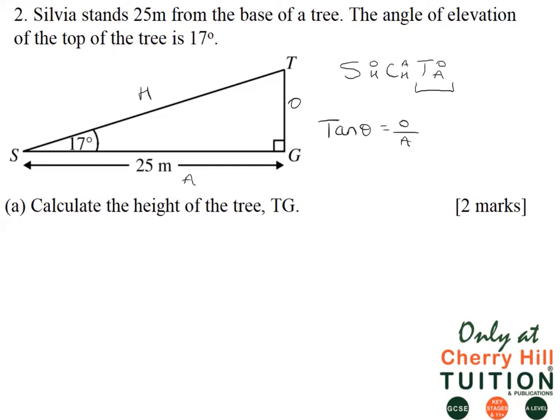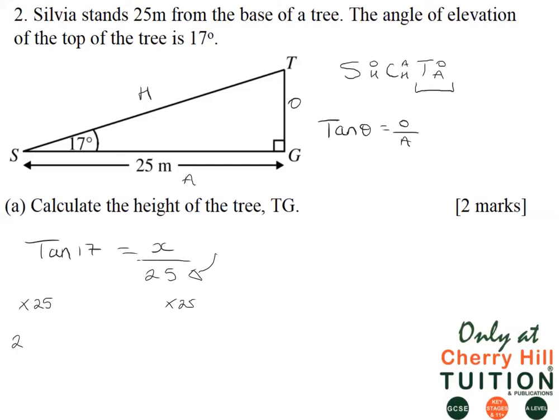And now we just need to plug our values in. So tan of theta, which is 17 degrees, is equal to the opposite, which is x. It's unknown, we are trying to work it out, over the adjacent, which is 25. And now we just need to rearrange and make x the subject. To get x on its own, we need to get rid of the divide by 25. We can do this by doing the opposite to eliminate. So we can multiply both sides by 25,